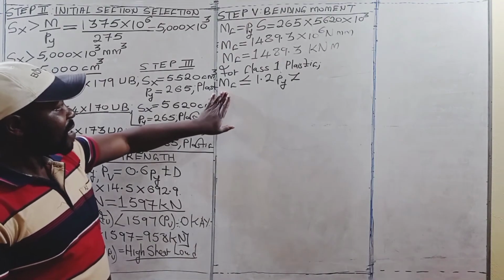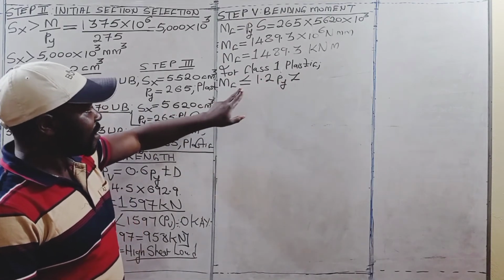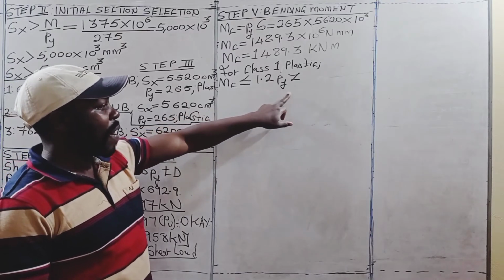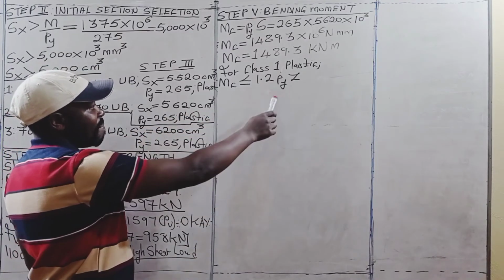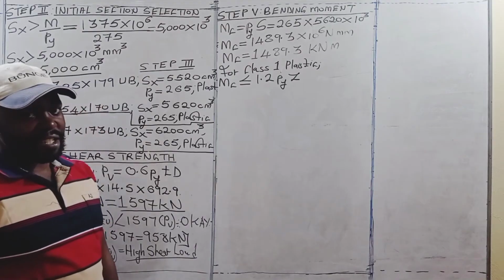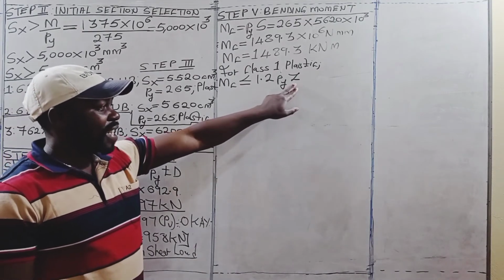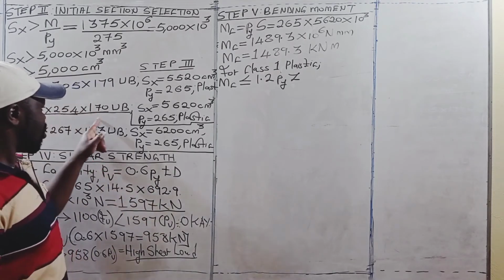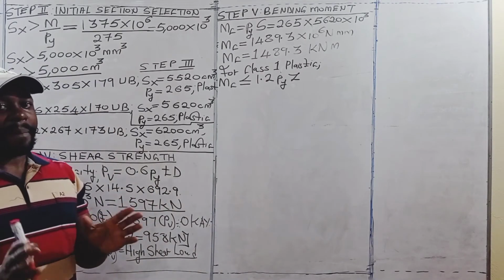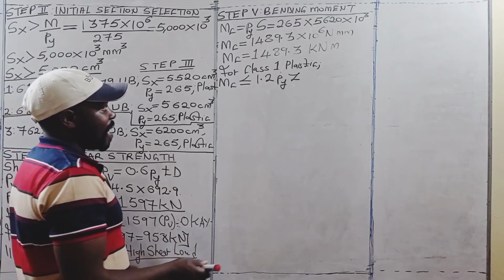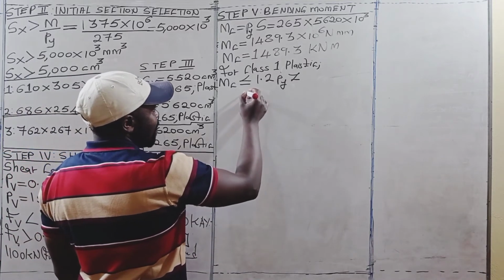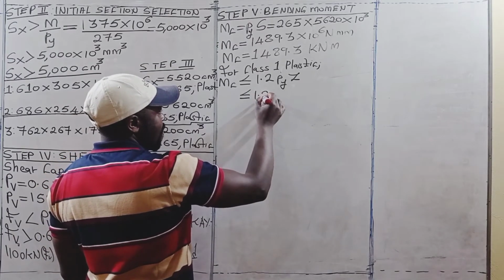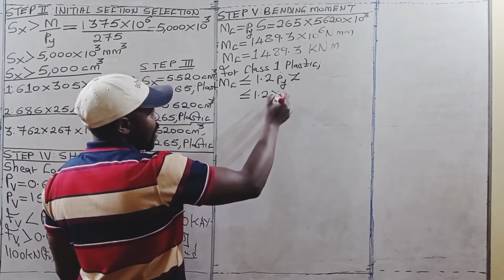Therefore, moment capacity for class 1 plastic should be less than or equal to 1.2 PYZ. And we know that Py is the design strength of steel and Z is the elastic modulus of this section obtained from Appendix B. And therefore, the moment capacity will be less than or equal to 1.2 times the design